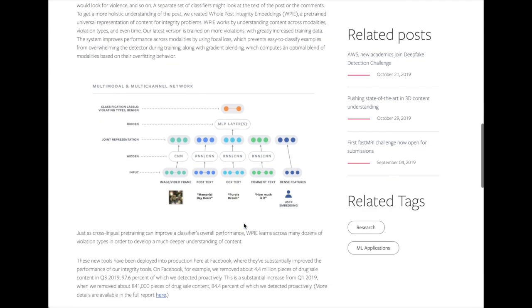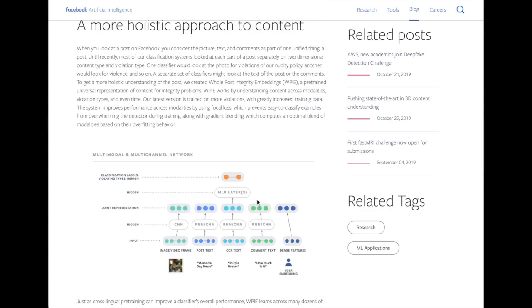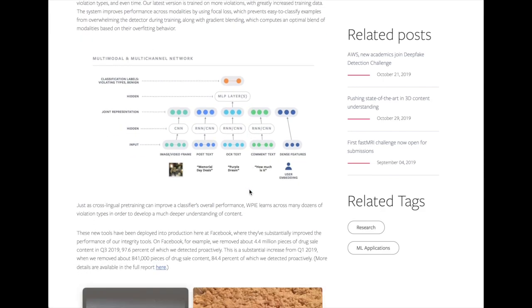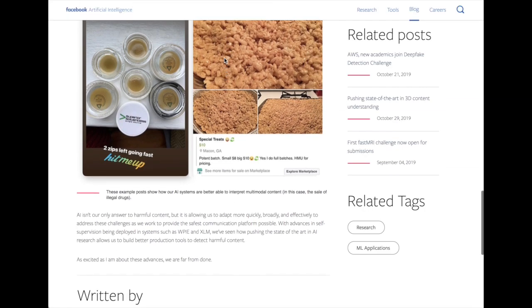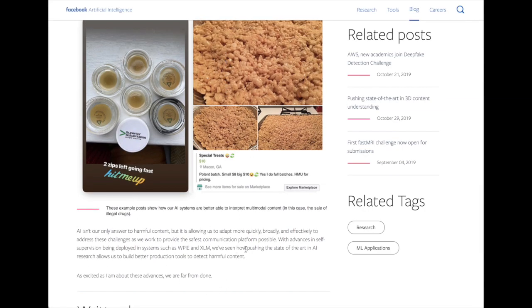Also, the article discusses a more holistic approach to understanding the different kinds of content they want to flag. You see that they're grouping it all together into one model that has all the different kinds of labels, compared to having separate models to classify each kind of offense, like nudity or violence. So they discuss improvements on things like detecting selling drugs on Facebook, the increase in how good their systems are getting at this kind of detection, and particularly